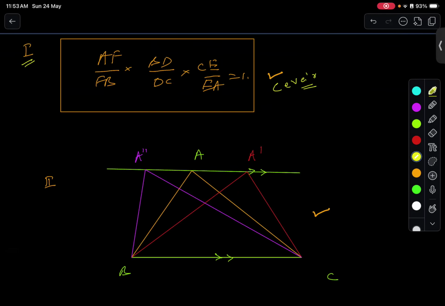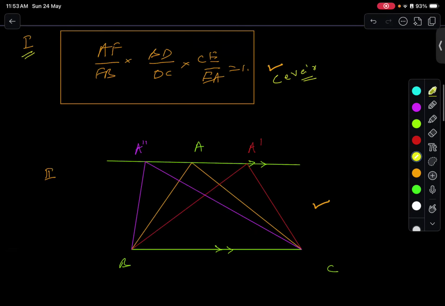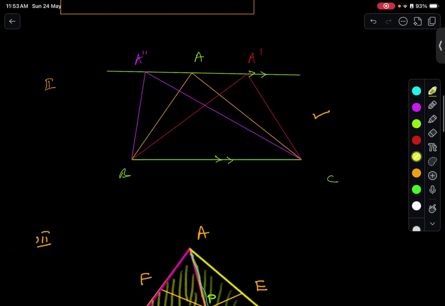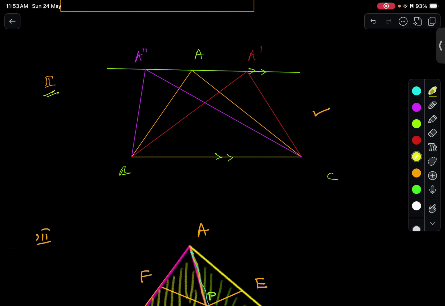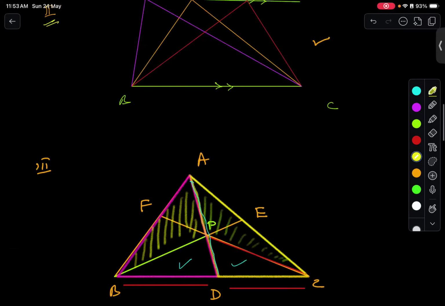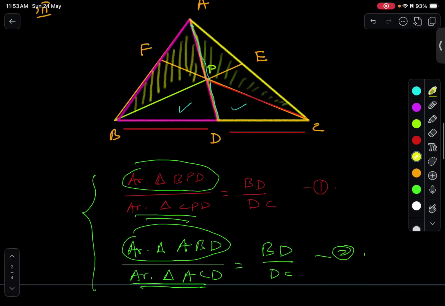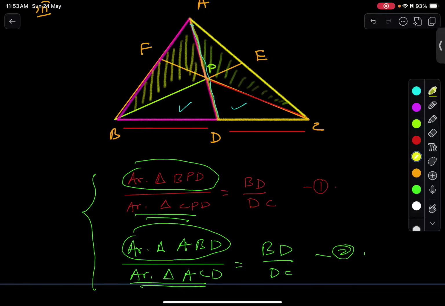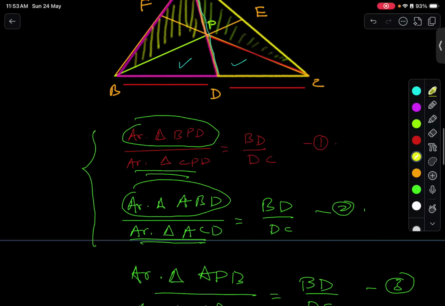Sevas and Menelaus' laws, right? Both we have to use. Second is the area. We have already seen that if the base is same and the height is same, the area will always be same. And third, we have seen that if the bases are same, so the area will be like BPD